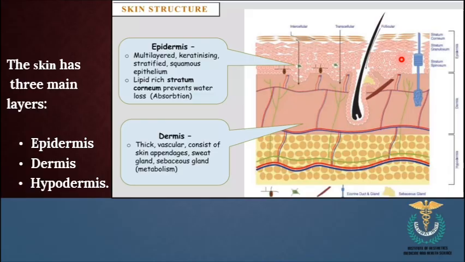Stratum granulosum, a layer of the epidermis where skin cells undergo a process called keratinization. Stratum spinosum, a layer of the epidermis where the skin cells are held together by desmosomes. And we have the stratum basale, the innermost layer of the epidermis where skin cells are produced through